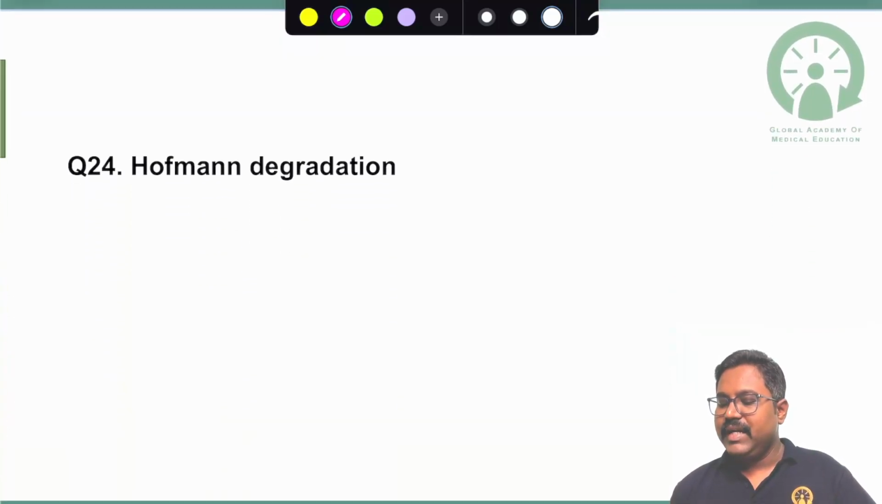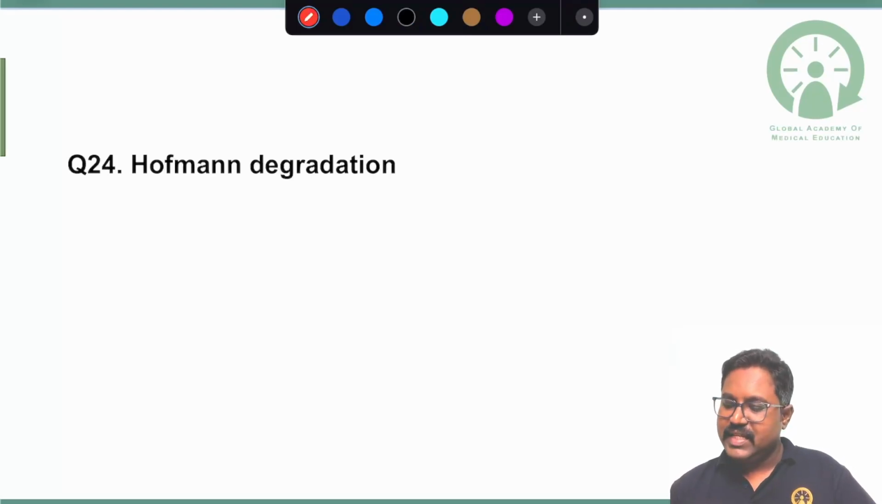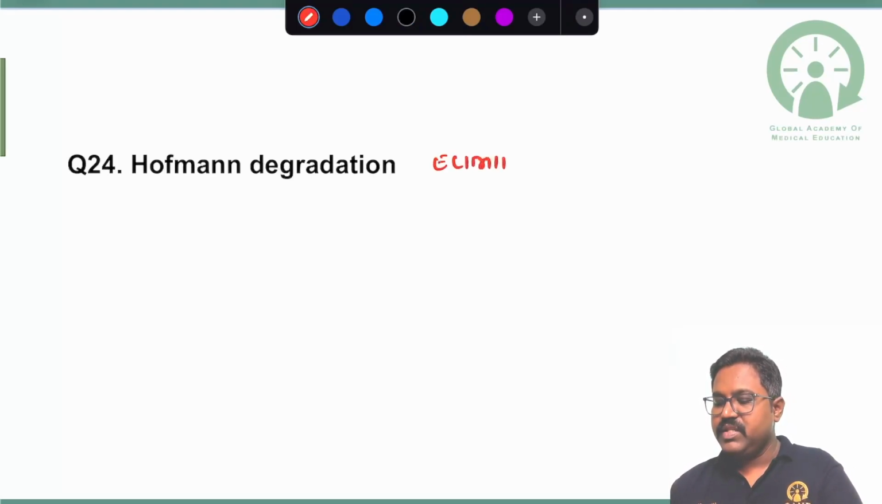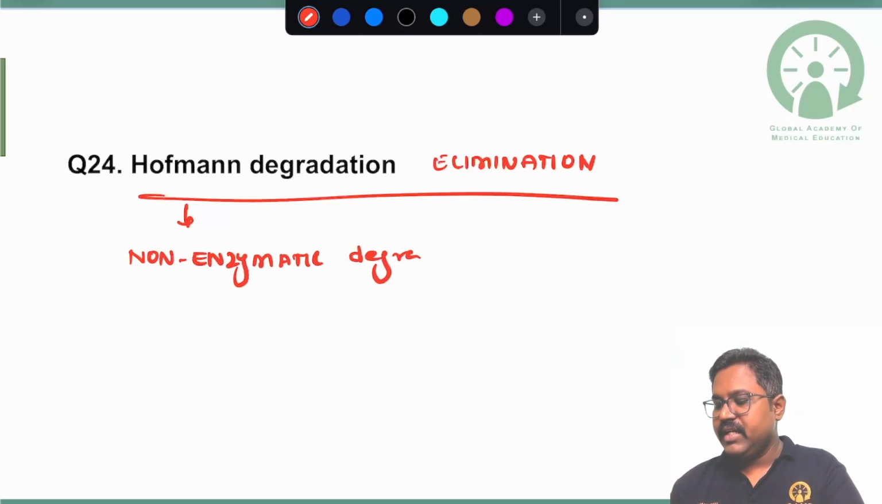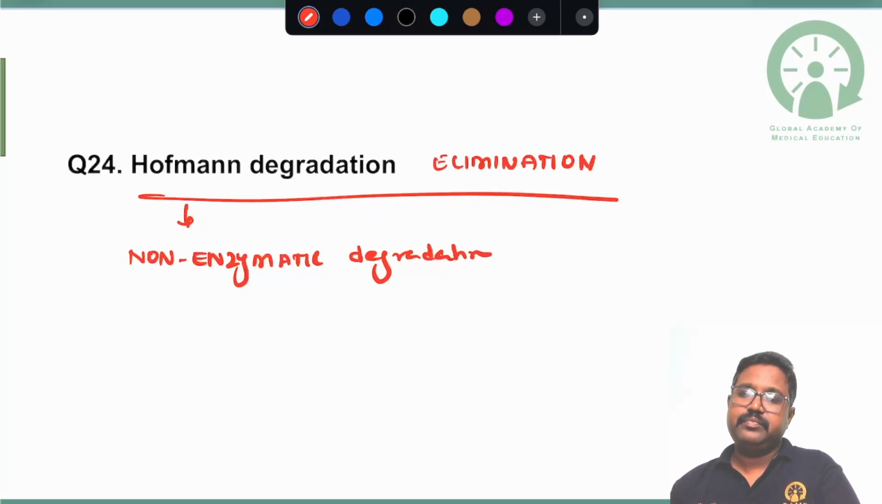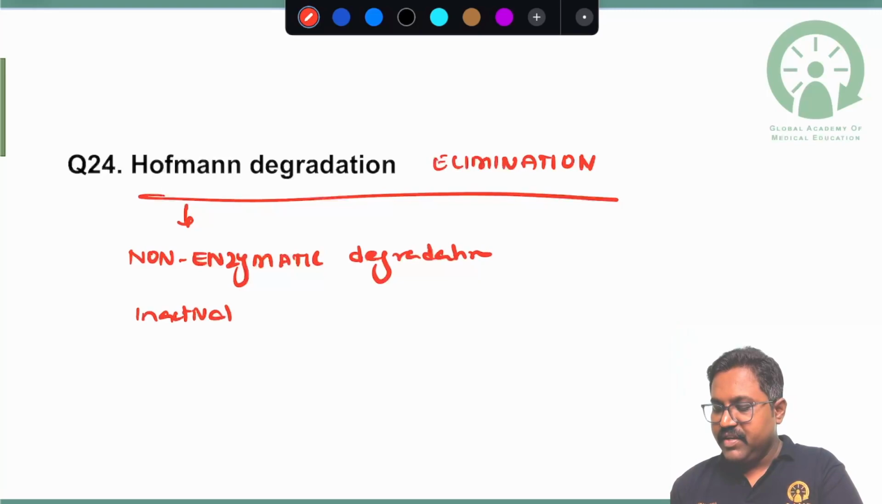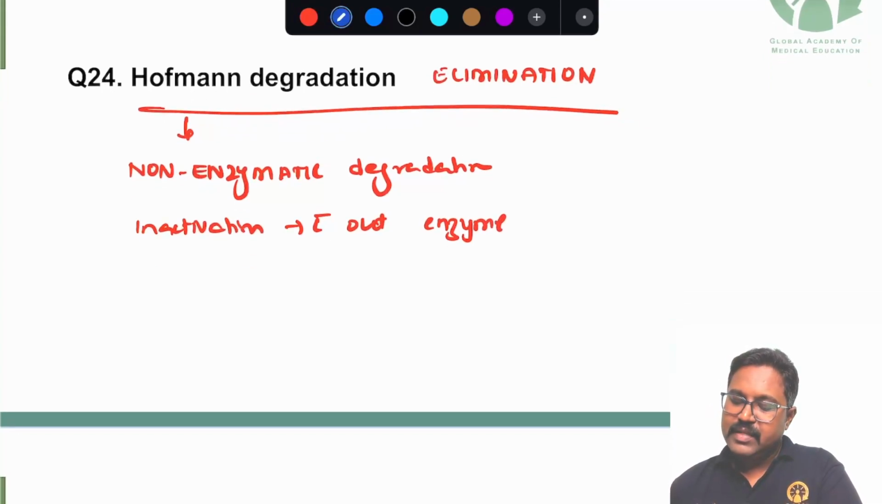So next is Hofmann degradation. What do you understand by Hofmann's degradation or Hofmann's elimination? Please remember, Hofmann's elimination is nothing but non-enzymatic degradation in the plasma, or inactivation of the drug without the help of enzymes. What will be the drug here? The example here is atracurium,